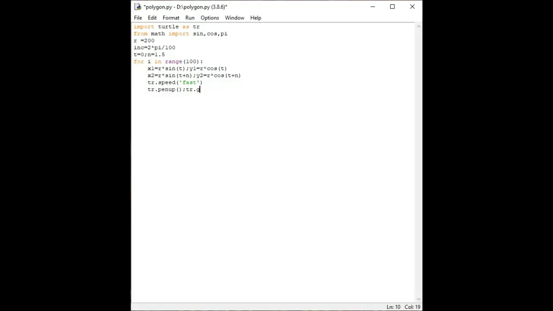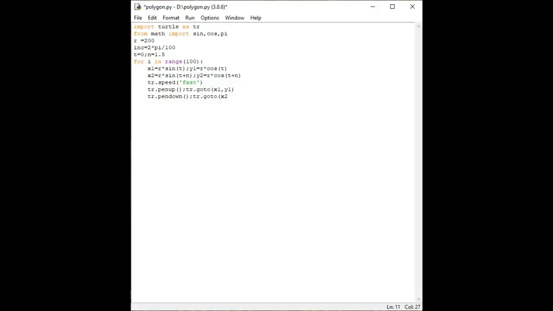x1 comma y1, and then tr dot pendown, and then tr dot goto x2 comma y2,